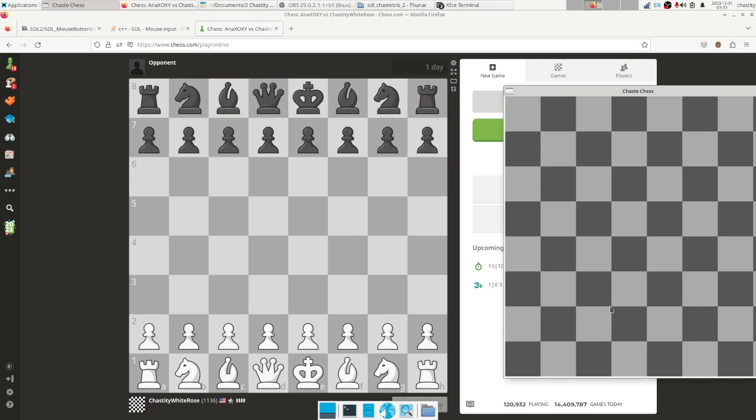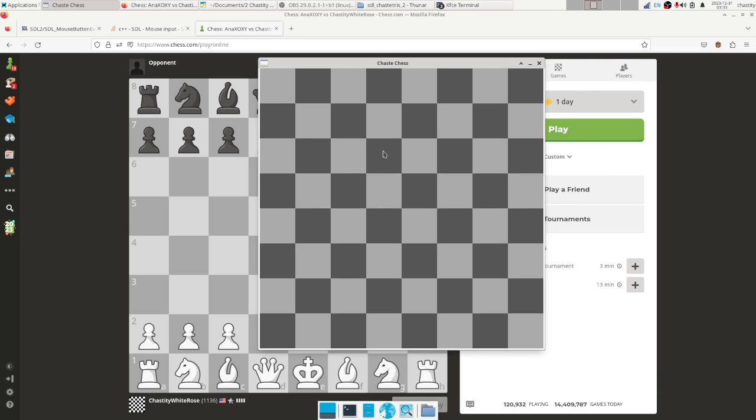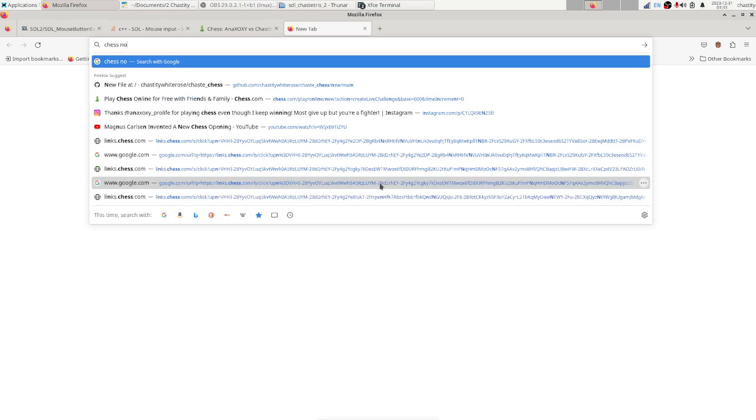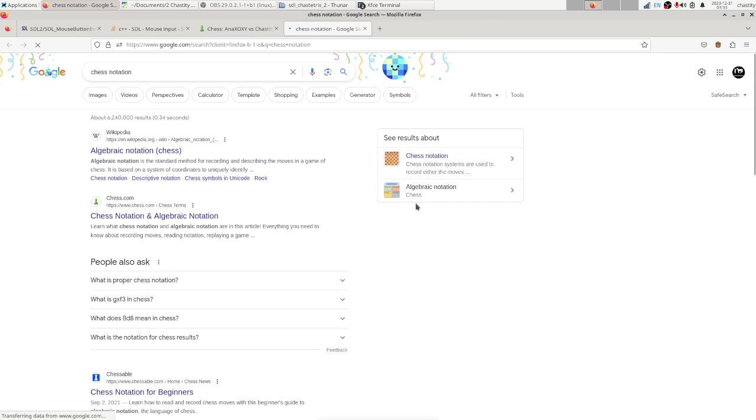So now we need to have a way to represent this. We want to be able to know, if we click on a square, what the identity of that square is. And we know it goes from A to H, left to right, and from 1 to 8, down to up. So let me just look quickly at chess notation, because if I just Google chess notation,